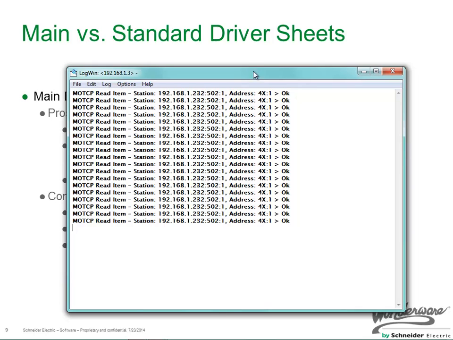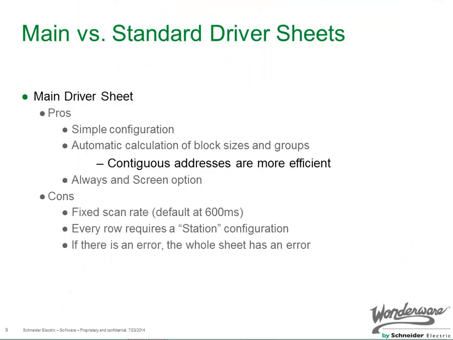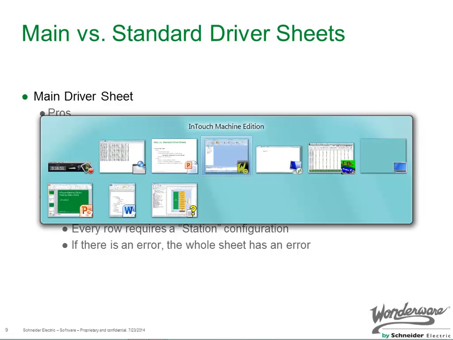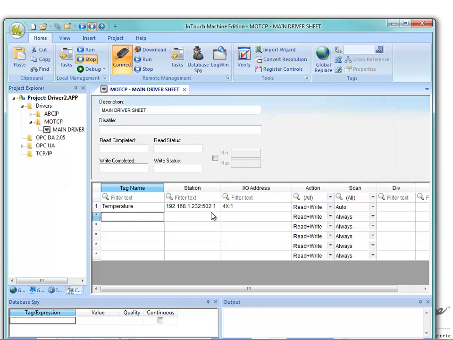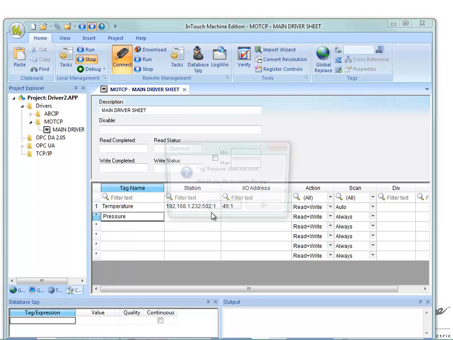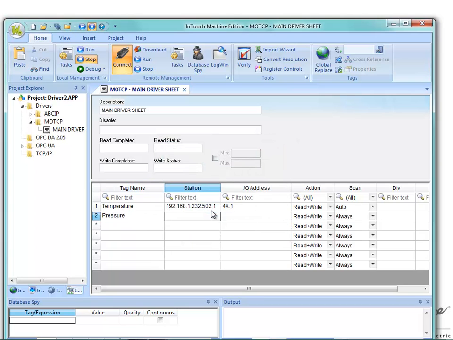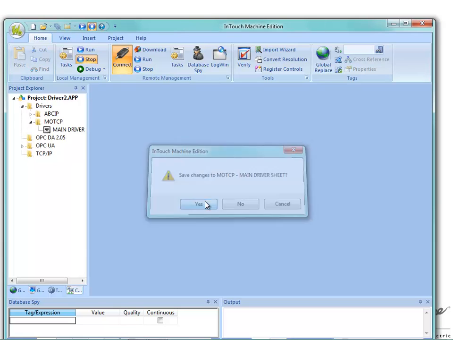So let's take, for example, the same thing. I'm going to move this off screen and go back into my development environment, into my communications, my main driver sheet, and now let's say maybe I add pressure, and that doesn't exist. I'm going to keep that as an integer. I'm going to copy this, paste it down here, and now I'm going to go to address 4x colon, let's say 5. So notice that that's not contiguous. There's a gap. I'm not reading address 2, 3, or 4. When I save this and run this,